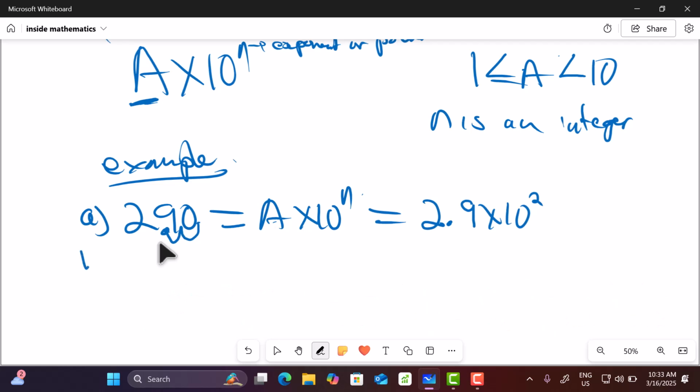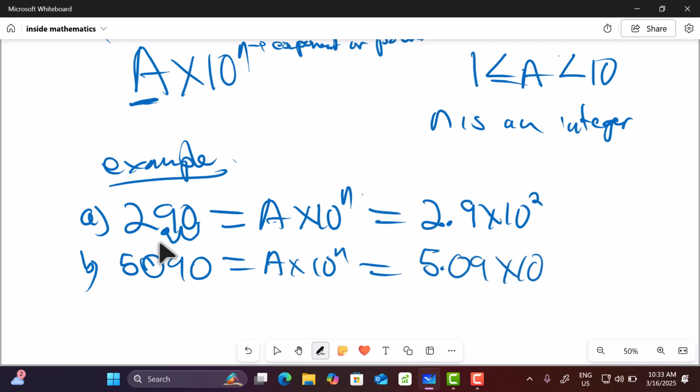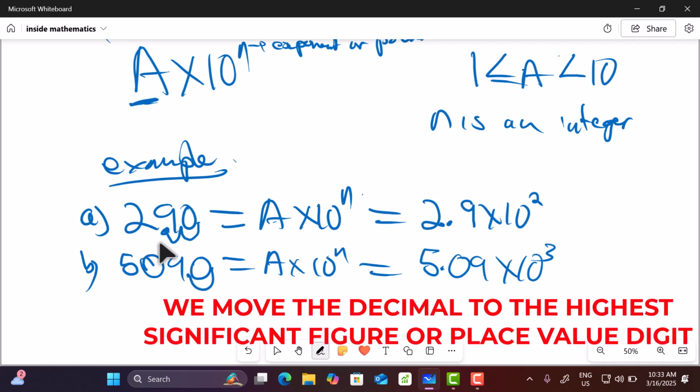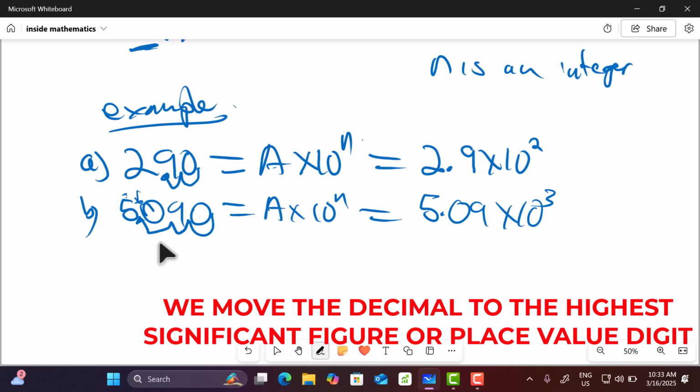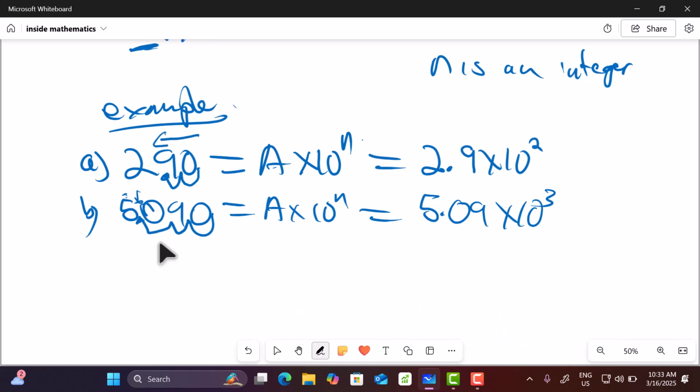Okay, let us take a look into another one. Let us say 590. In the form of a times 10 power n, it is equal to 5.9 times 10 power 3, because I move my decimal places to the highest integer, which is 1, 2, 3, which is found here. So this will be the answer. But what if, and you can see that as long as I'm moving my decimal this side, it is a positive number. What if, let us say,